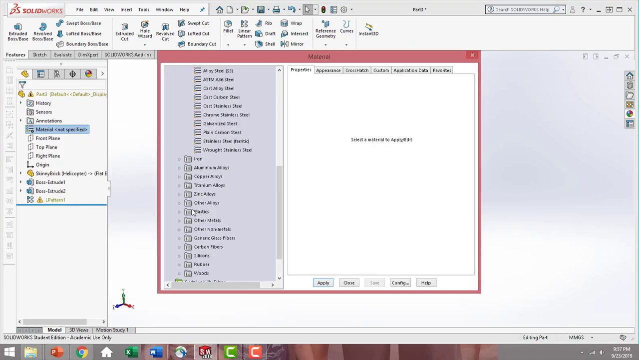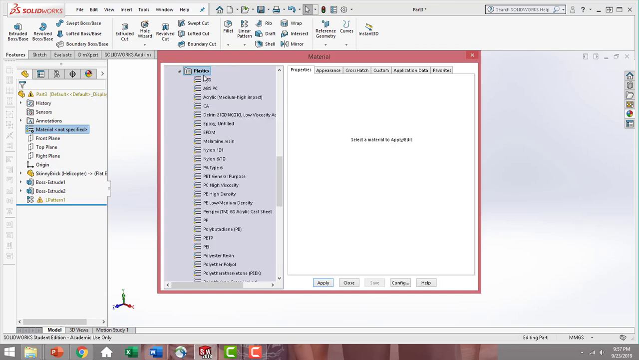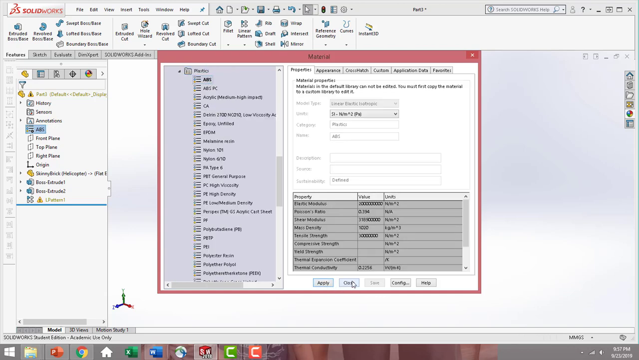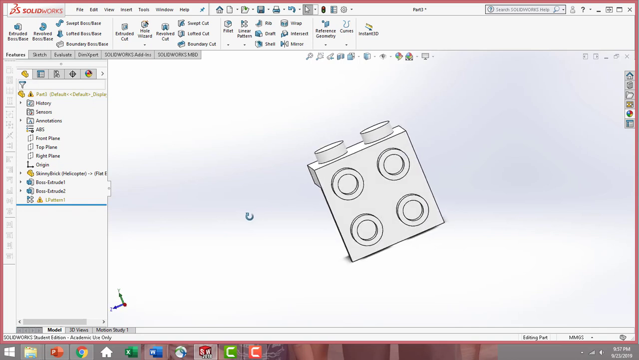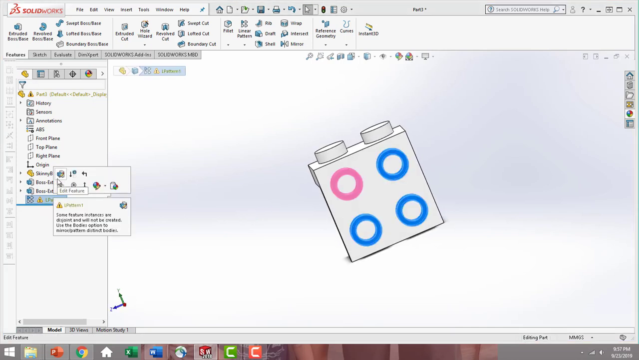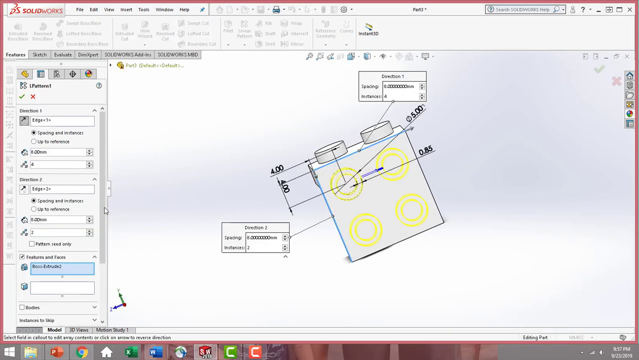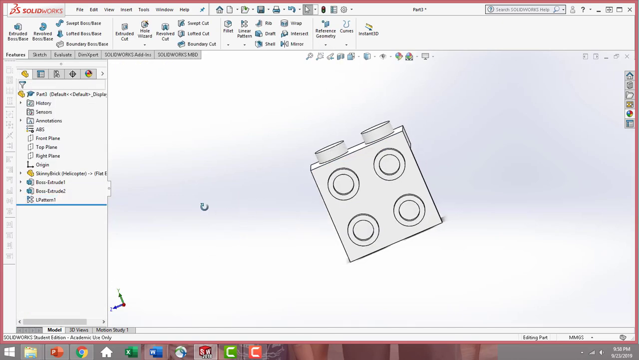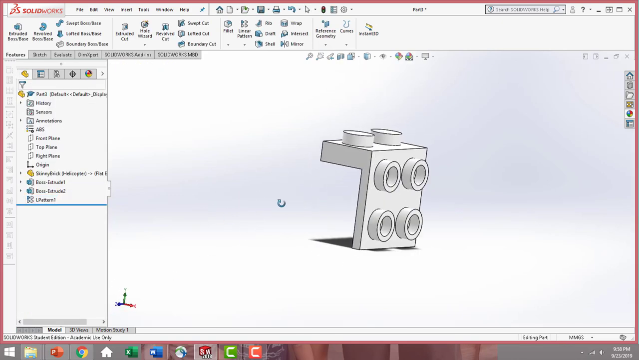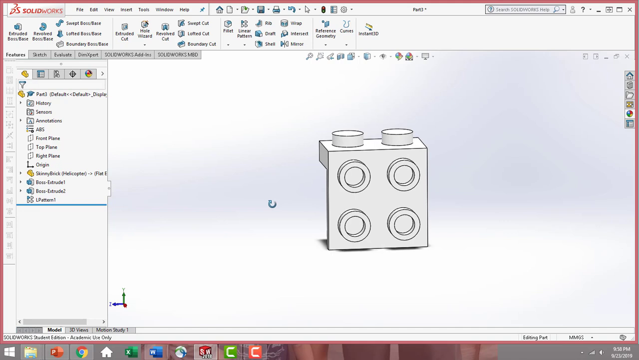We will go down to plastics, ABS plastic, and apply. Now we have a white Lego piece. So there is an error, so let's find out what the error is. I want to make sure this says 2 here and not 4, and hit OK. So you can see we now have that part completely built, and it was much easier than trying to build